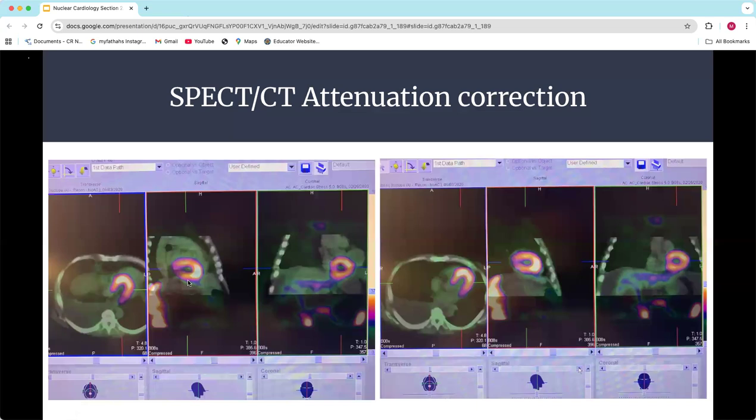On this first one, I pulled them way off of where they should be on purpose. So for example, the heart in the CT is here, and here's your perfusion down here. They're way off, just to give you an obvious example. If we actually did recons based on this image, it would be terrible. You'd probably have defects all over the place. And then on the other one, I put it where it should be, and you can see that the perfusion is lining up perfectly with the CT.